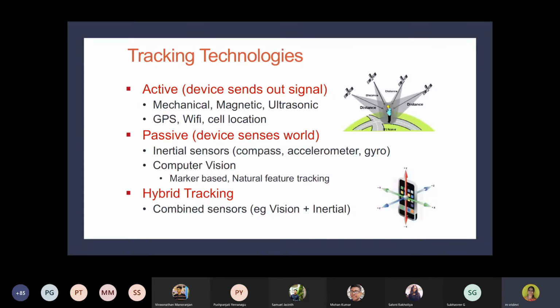And coming to the category of tracking devices, the tracking devices are categorized into three different categories: active, passive, and hybrid. In the case of active, the device sends an output signal. So we have discussed different categories, out of which these three categories, mechanical, magnetic, and ultrasonic, will produce or receive and transmit some signal. So this kind of tracking system is called an active tracking system. In passive tracking systems, the device senses the world, and based on that it